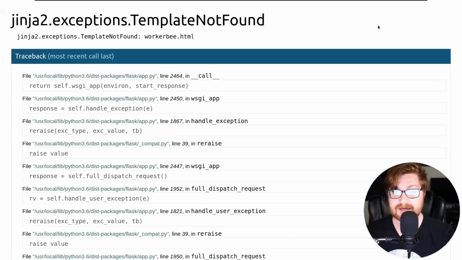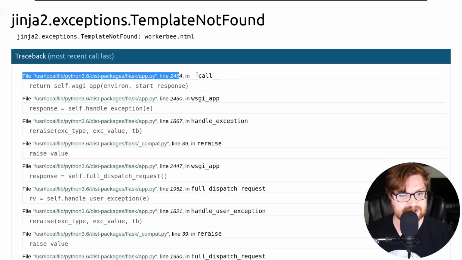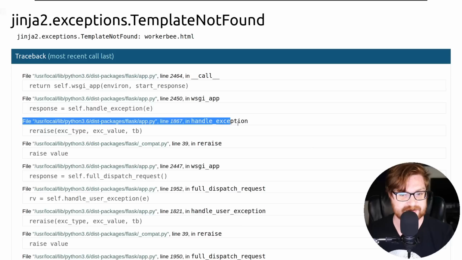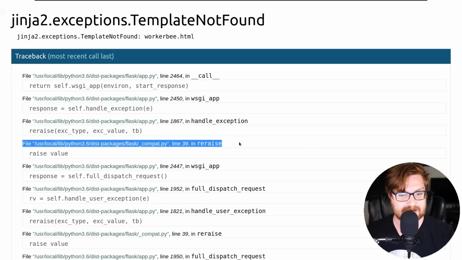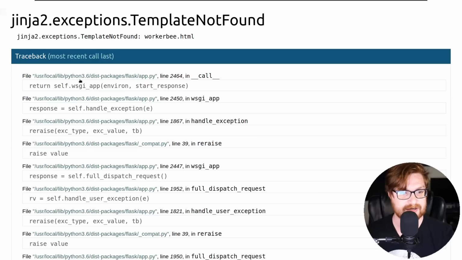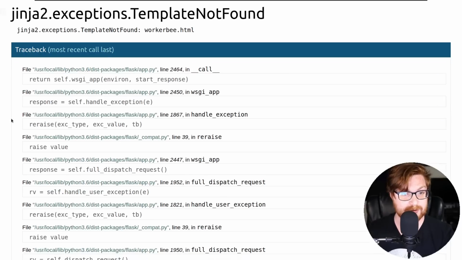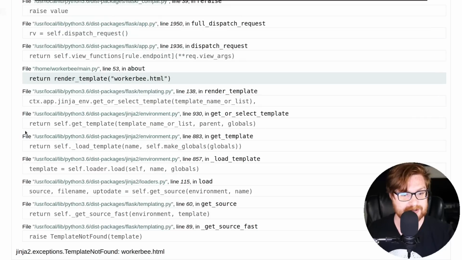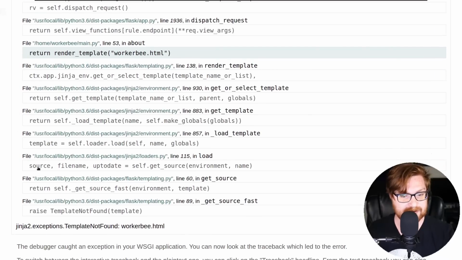message. This is a straight Python error as part of what the Flask web server might offer for us. And you'll notice if we take a look through the different file names presented here, just as I mentioned, it's listing out the entire traceback of the error that would have happened during runtime. If you take note of the file path here, we are going to be using Python 3.6. That's actually pretty worthwhile information, something we should keep in mind, the version of Flask that we are up against. Looks like we don't actually have the template workerbee.html to render out for us, but if we scroll down